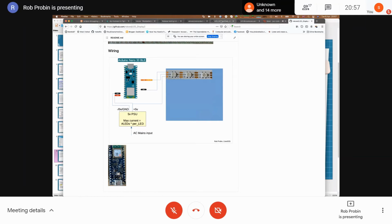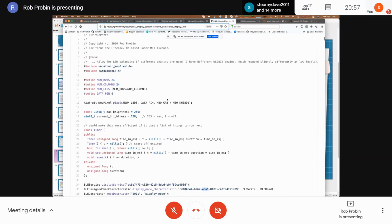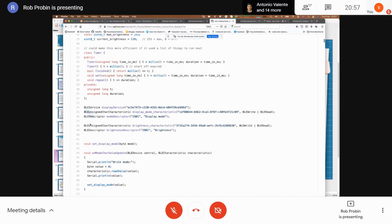So the code for this, if I just zoom up on this because nobody will be able to read that. This is Adafruit's NeoPixel library and Adafruit BLE, right? And the bit that does the BLE services is this here. As you can see, oh yes, it's an Arduino project. Of course it is. So it abstracts a lot of the